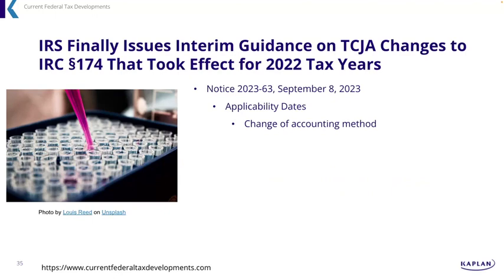Now, what about the change of accounting method? Because remember, the IRS allowed us to change to a reasonable method previously. Now we have this specific method. And the other problem is we're going to have taxpayers who've already filed the return using methods that almost certainly aren't exactly what's in this notice. But they used a reasonable method, but not what's in this notice. So how are we going to make this work? How's all this going to happen? How are we going to handle these change of methods?